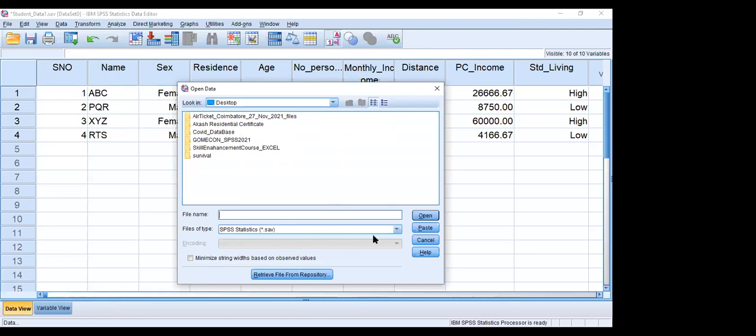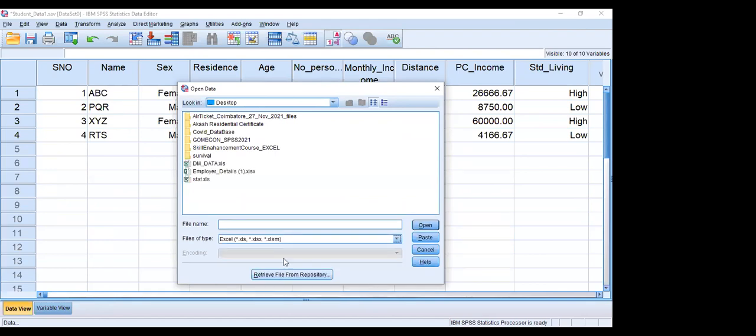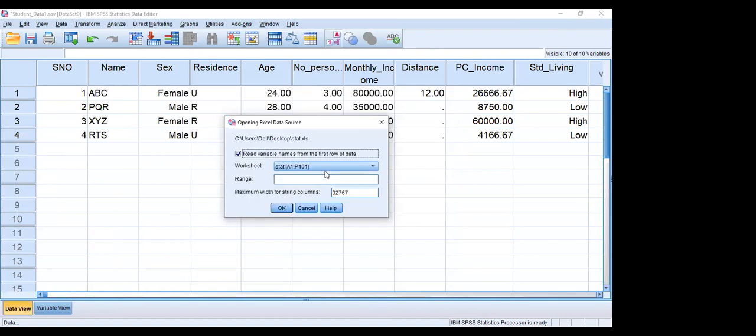Change the file type to Excel. Go to the folder where you stored your Excel file. Click on the file that contains your data. Open. It will ask for the sheet.